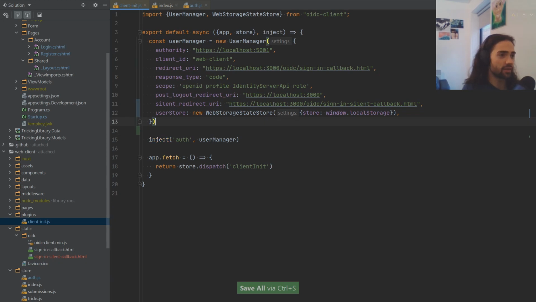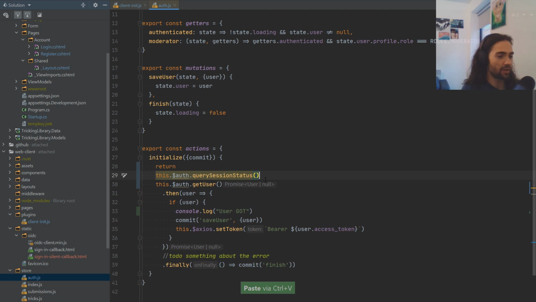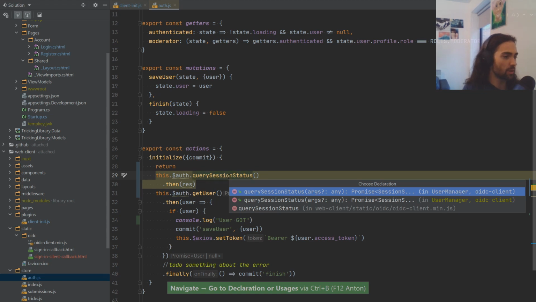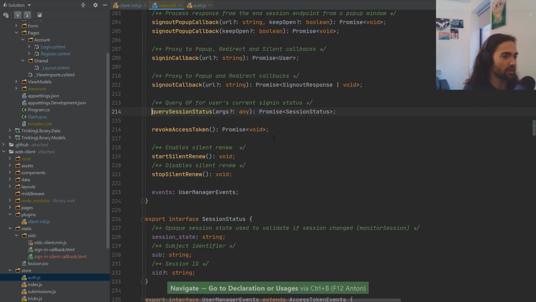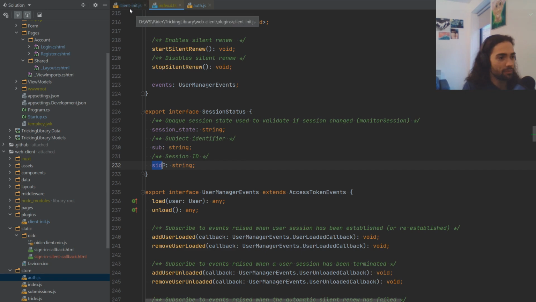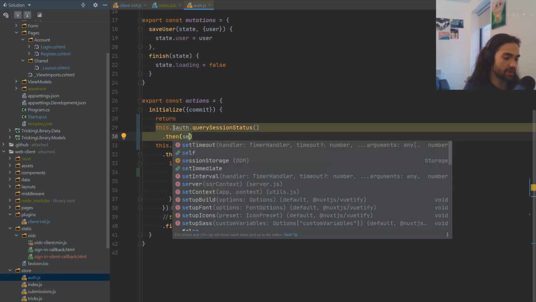So that is being executed. Again, if you look through the source code, you will know. So query session status, we can then call then, and then result. And I think if we F12 on this, take a look, what it's going to give us back is a session status. So we can have a look here, session state, sub, and SID. And well, let's go ahead and if we go back to our store, let's say session